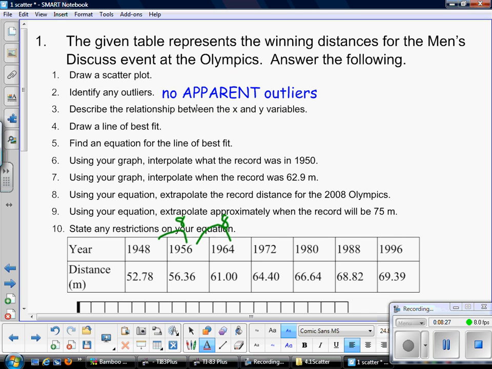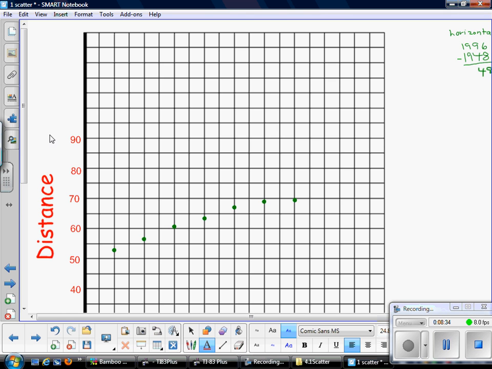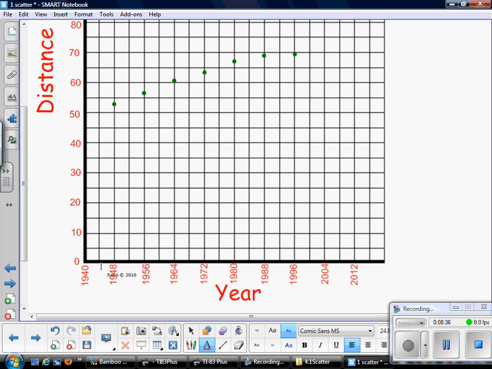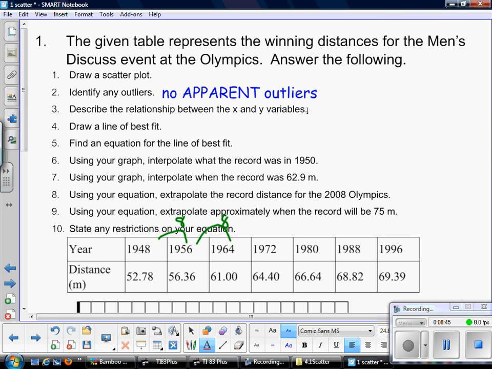Describe the relationship between the x and y variables. Okay, so this is what we would do. So I'm looking back here. Well, it appears that as the year increases, so does the distance. Okay, so that's the first thing that I would put. So I would put that,